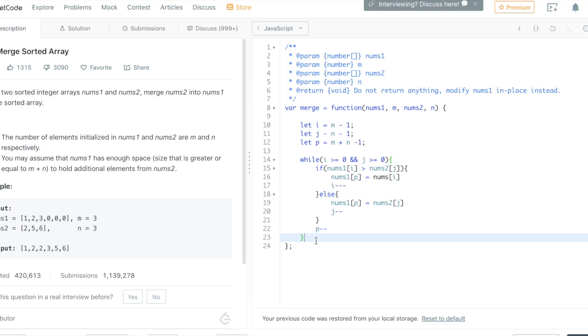And in that situation where one of them becomes less than 0, we want to handle it down here where we check, okay, so one of these values is less than 0, right? At this point, we can assume that if one of these values is less than 0, it most likely